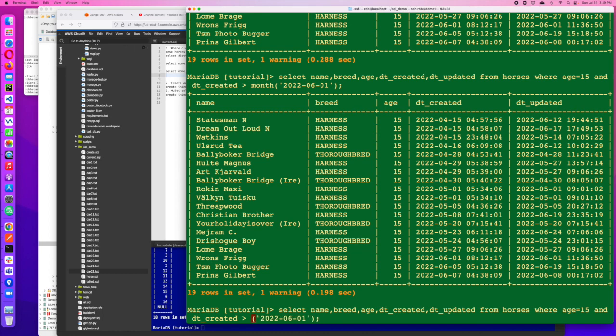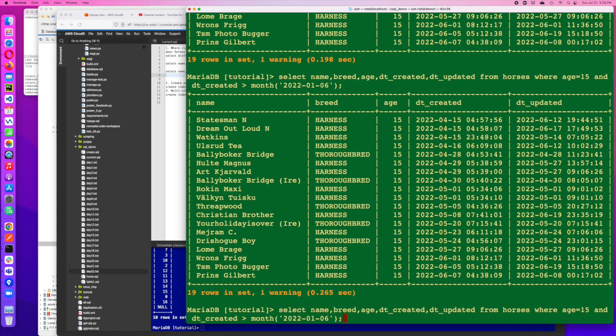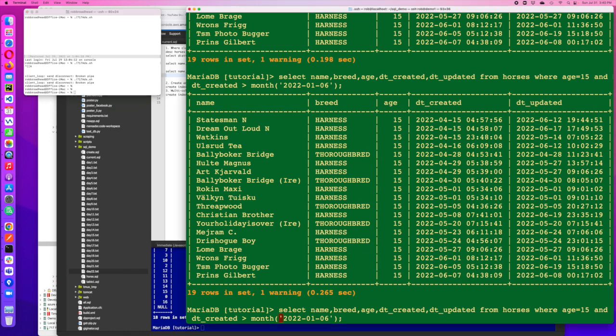I may be missing something. If I do day, well, that's not going to help me much. So, I wonder if that's reversed. Did it take a reverse? No, it still didn't. So month it doesn't like, but year, and that's right, because I forget the conversion, but if we want to go back, it's not month. Year gives us year, but month does not give us that, because if we do that, if I go here,